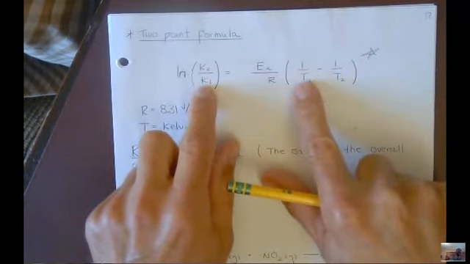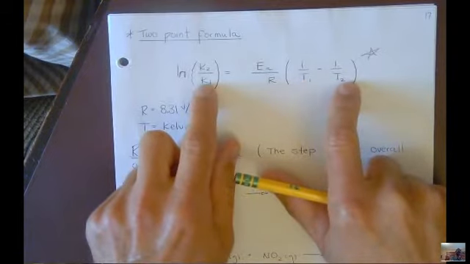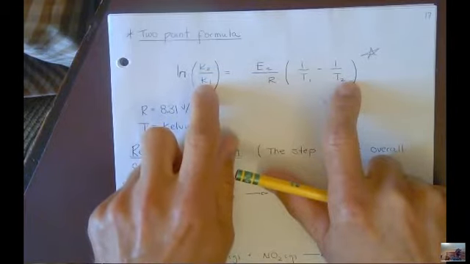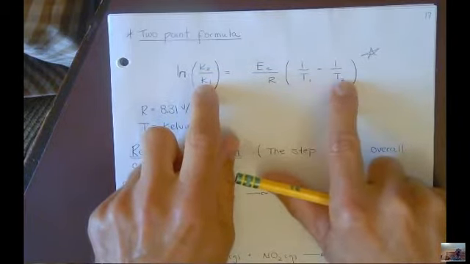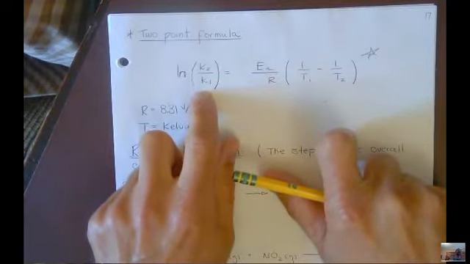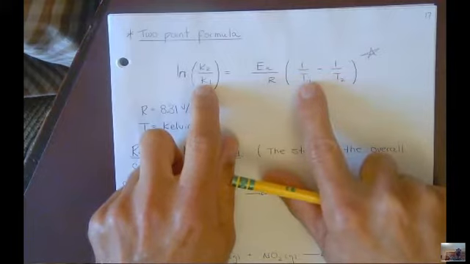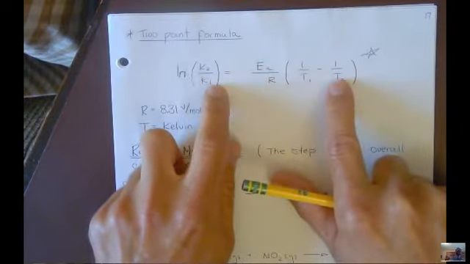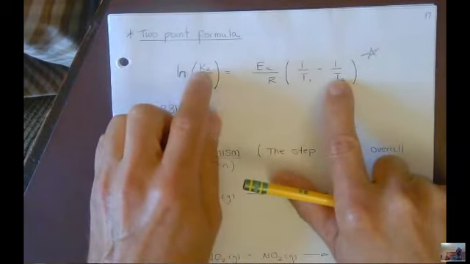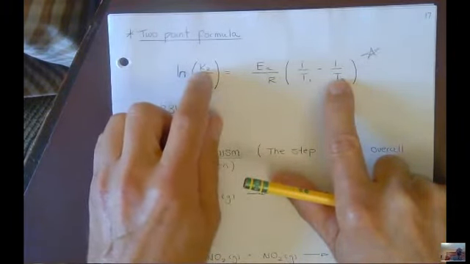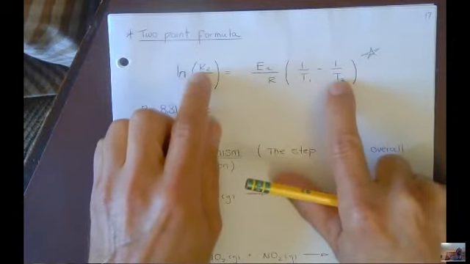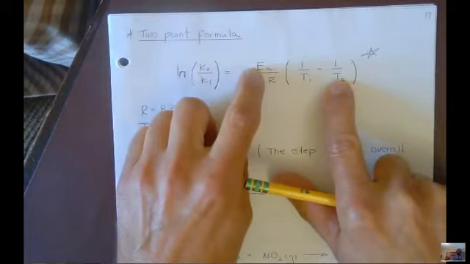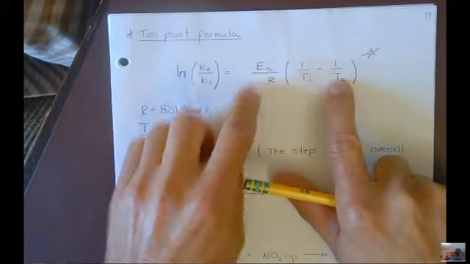In every single case, as the Kelvin temperature goes up, the rate constant increases. Okay, so K2 will always be higher than K1 when T2 is higher than T1. Now if you go in the lab and actually measure the rate of the chemical reaction and then calculate the rate constant for that temperature, then do the same exact experiment with the same concentrations at a higher temperature, measure the rate for that reaction, then go back and calculate the K, you'll have two Ks at two Ts. Well, what can you dig out of that? You can solve for the energy of activation, which is the difference between,